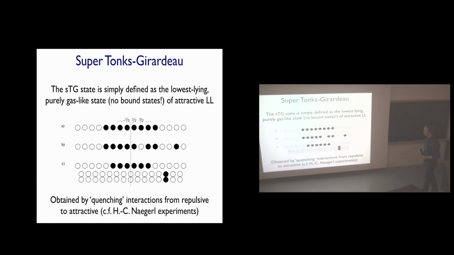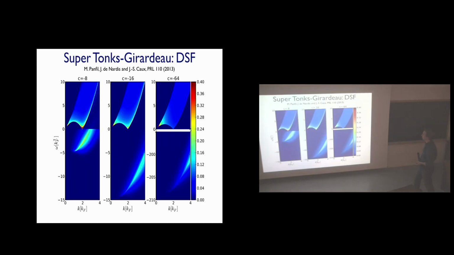No bound states. And then, because I know how to compute correlations in a Lieb-Liniger model, irrespective of what c is, I can compute correlations on such a state. So I'm just showing you some work that we did on this. The correlations look a little bit like the Lieb-Liniger ones. However, they have a completely different weight distribution. So this is density-density correlations for this super Tonks-Girardeau gas. They have a different weight distribution as compared to the repulsive gas.